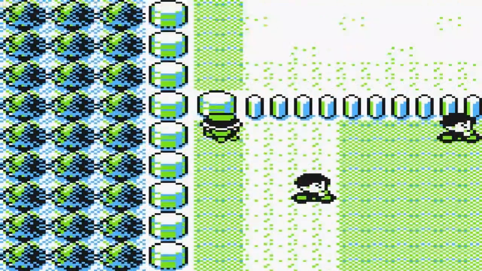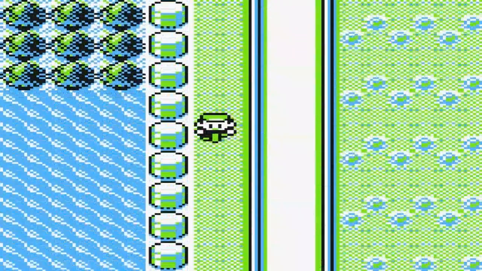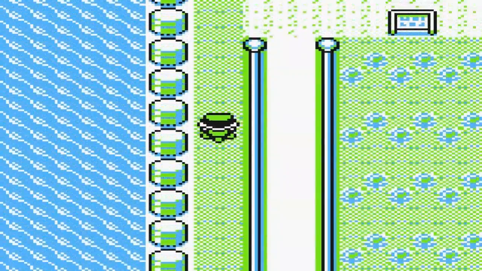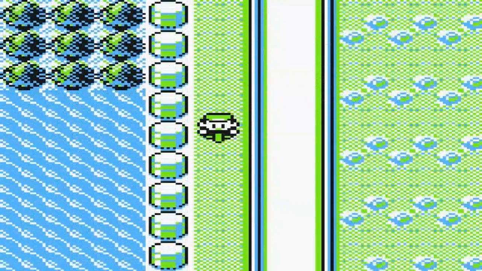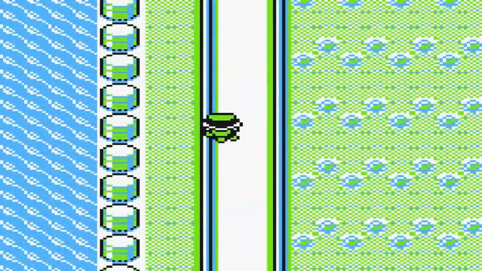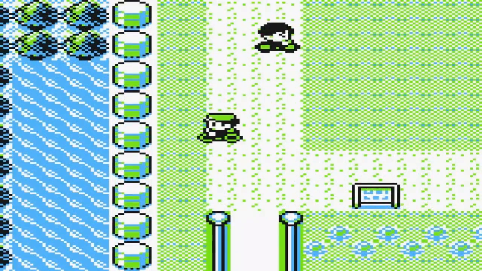I don't know why this happens. I actually have no idea why that would happen, but it's pretty amusing. Minor little glitch, not game-breaking or anything. It looks kind of funny because you have isolated trees in the middle of the water. So, okay,